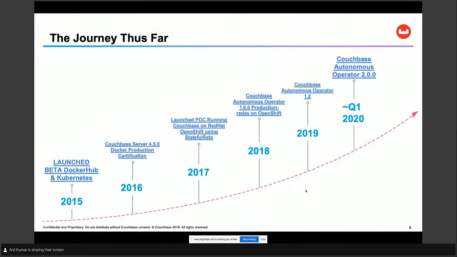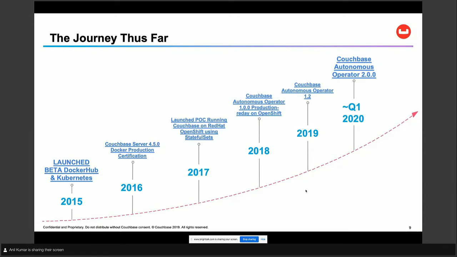We created a Couchbase Docker image and published it on the Docker Hub. And we also had Couchbase on Kubernetes, which we also published in the Docker Hub. So this was a beta, and then from there we started seeing some early adopters who were interested in running Couchbase at least in the development and test environments.